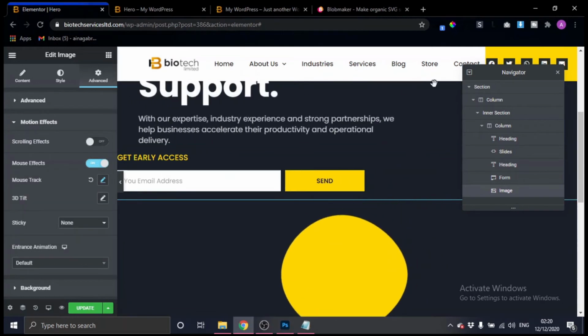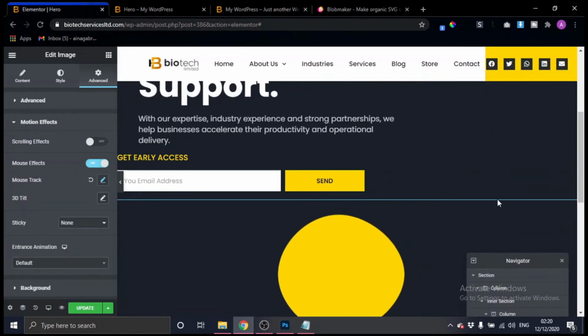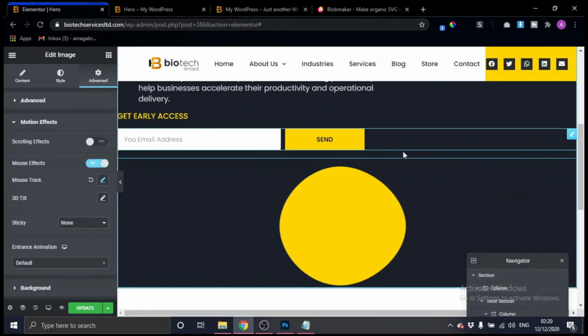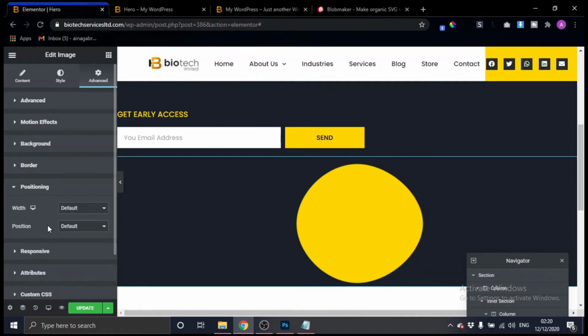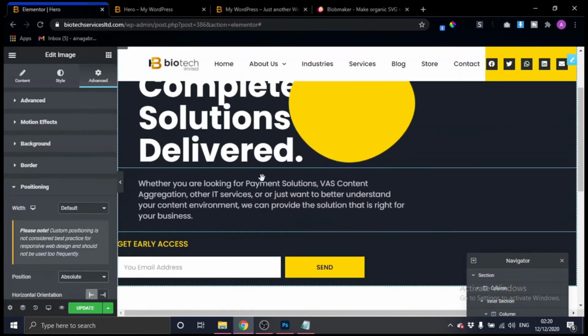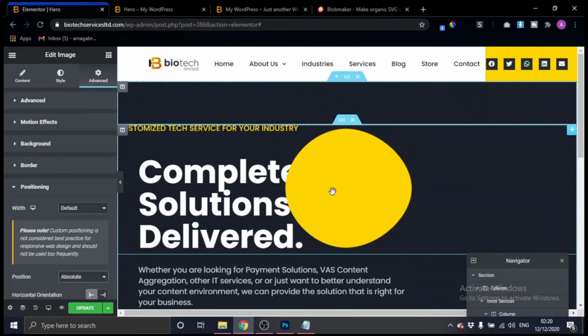All right, in order for us to position it where we want it to be, we're going to come down to this place where it says positioning, and when you click on it, you see this position right here. It is set to default automatically. So what you want to do is make it absolute, and by absolute, this becomes movable.